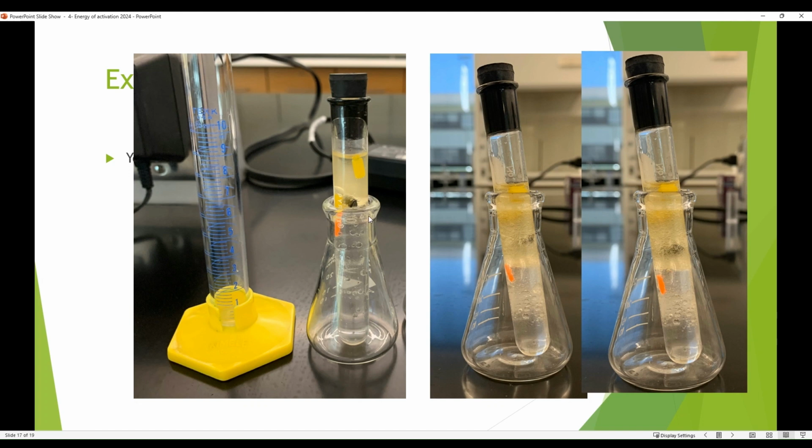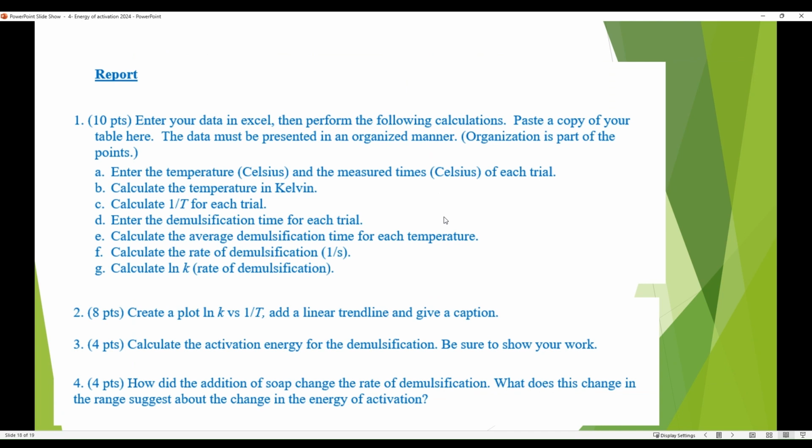see how they respond. And here you can see that we have the orange at the bottom and the yellow at the top, and kind of use that as your guide actually. So you don't need the video. Okay, so now that you have the data, you're going to go in Excel and you're going to enter